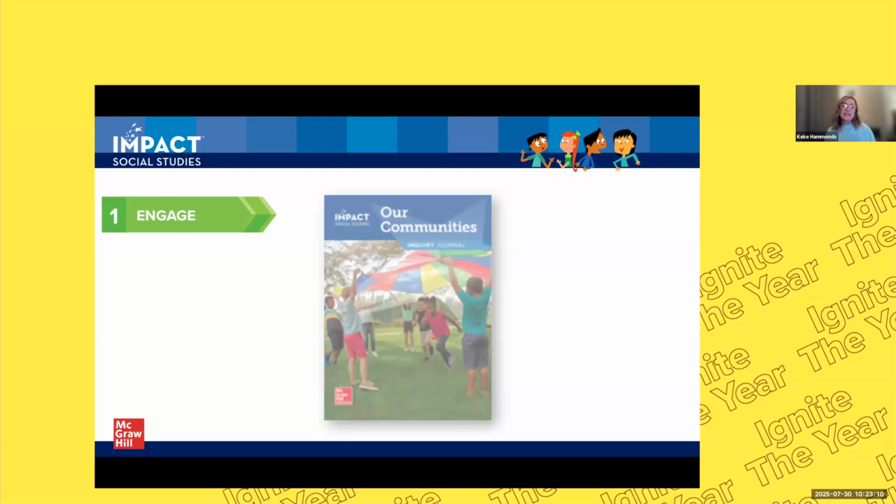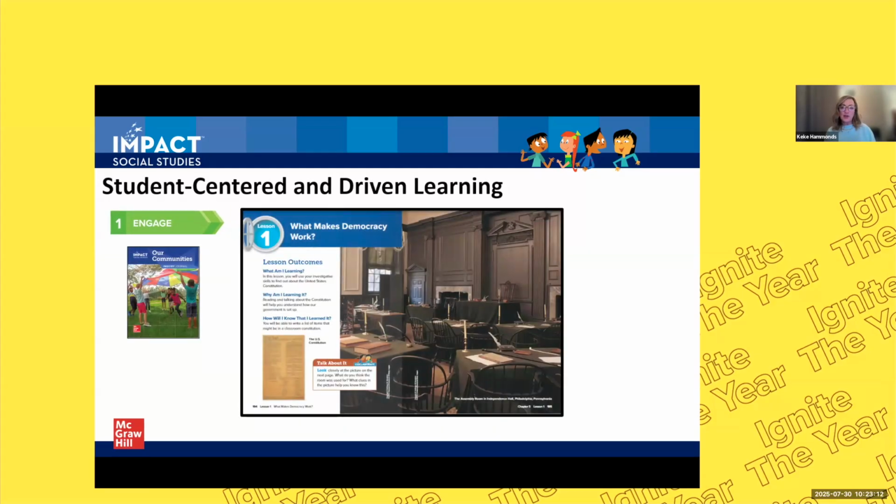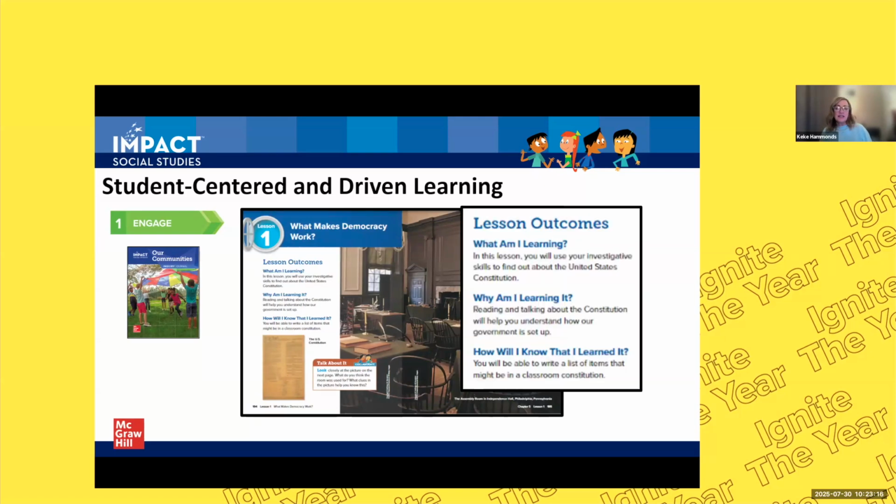But as you look at the lesson level, as you see here on my screen, the first thing you'll notice is those objectives. Students begin exploring with the lesson objectives. What am I learning? Why am I learning this? And how will I know that I've learned this? So as we begin the lesson, we give our students a chance to understand and learn about those objectives,